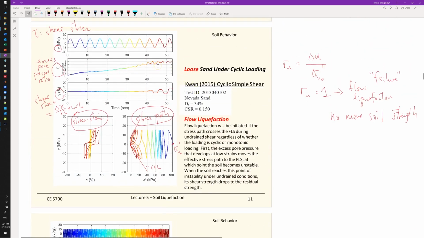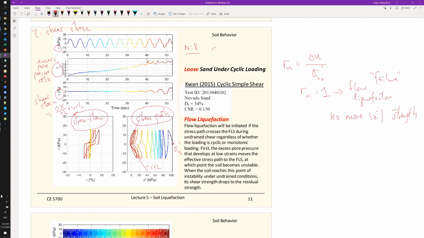It takes 1, 2, 3, 4, 5, 6, 7, 8, 9, 10, actually about 8 cycles to reach R sub U equal 1. So here it takes 8 cycles for us to reach R sub U equal 1. So N equals 8,